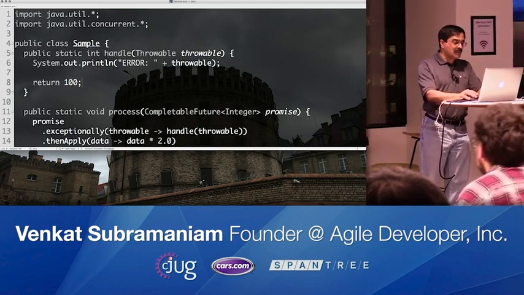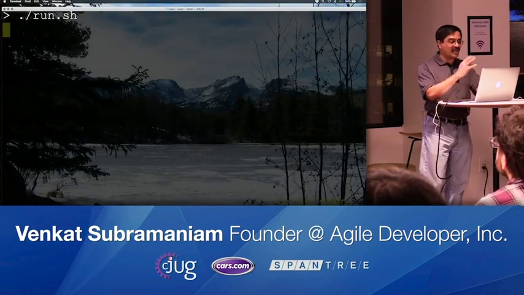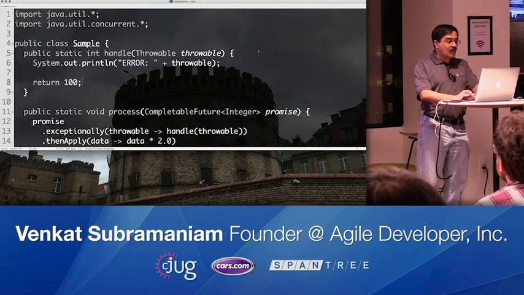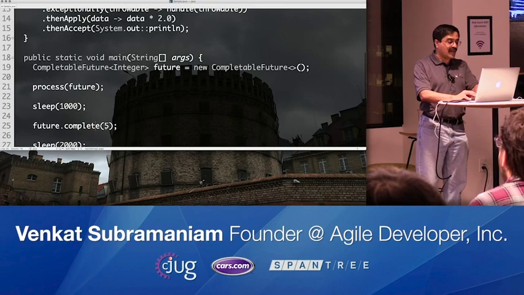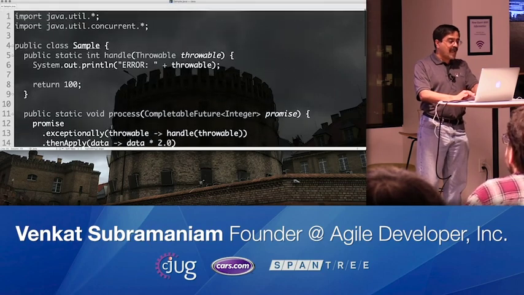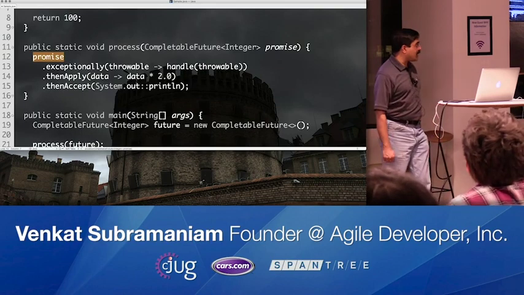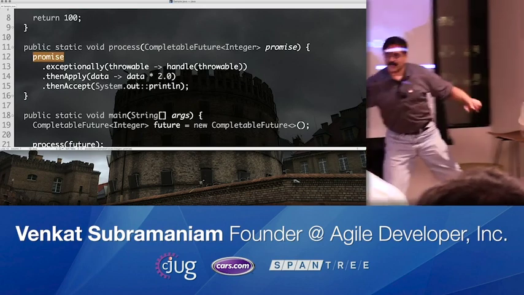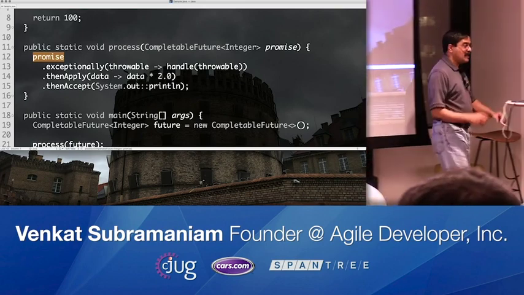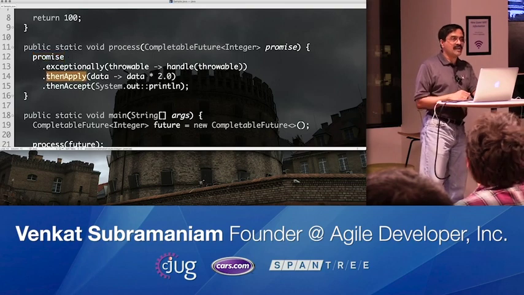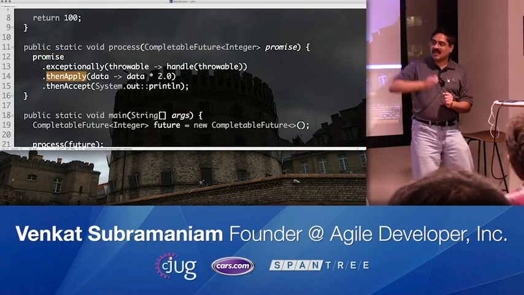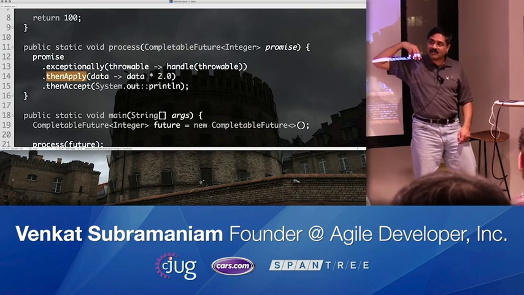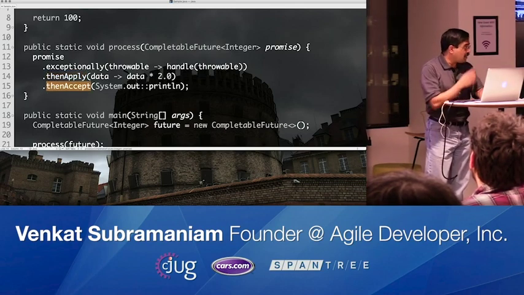Now in this case, when I run this code, we are still in a success scenario. As a result, you got a 10 and it is done. What does that tell us? Well, our code completed successfully with the 5, and when you finish with the 5, what happened over here? This resolved with the 5. Because that resolved with the 5, you literally stepped over that exceptionally, right? Because you don't want to step into that pit, and you went directly to then apply. Because you're not in an exception situation, you bypass that. So you go to the then apply, multiply the 5 with the 2.0, that's a 10.0, and as a result, you came here and printed.